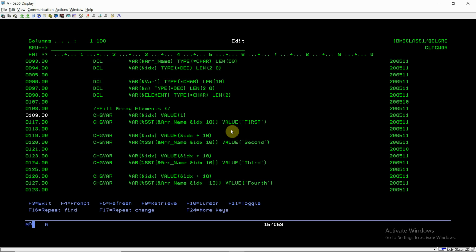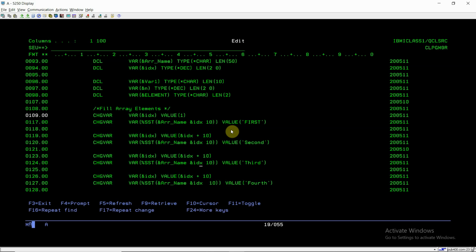Now how we can simulate here, that is the start string which is n. So at the fifth element it is n, n number of times. So here the elements are only 5, so n will be 5 here. Now this start position will be dynamic, so it can be calculated by adding the length of that variable. So I'll be having a name of length 10, and I'm adding 10 each time here.